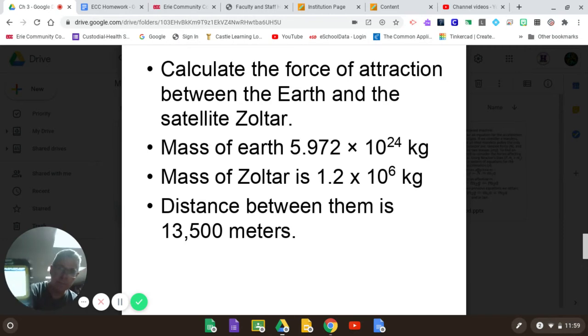Did you get that? All right. So I got 2.62 times 10 to the 12th newtons. That's the force of attraction between them. If you didn't get that answer, 2.62 times 10 to the 12th,